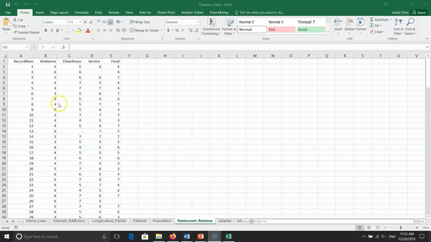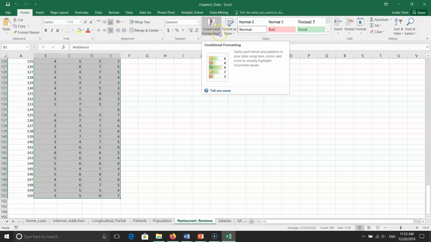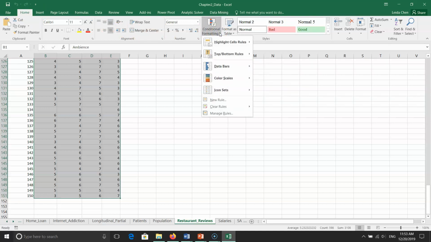The first thing I'll do is select the range of the data from B2 to the end of the worksheet, which is E151. And I go to Home, Conditional Formatting, select the new rule,